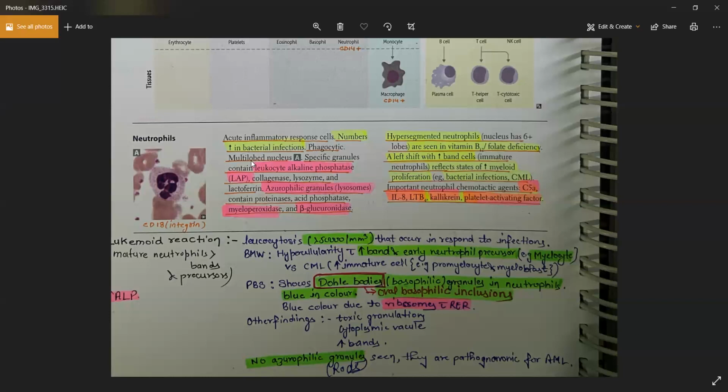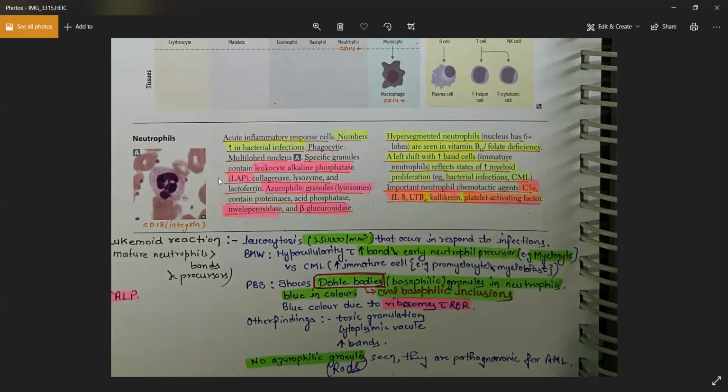They have a multilobulated nucleus. As you can see, these are the lobes of the nucleus. This is multilobulated, not multinuclear. They have multiple lobules of the same nucleus. They also have leukocyte alkaline phosphatase, which makes the environment kind of basic. They have collagenases, lysosomal enzymes, and lactoferrin,